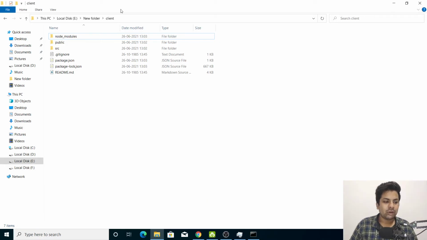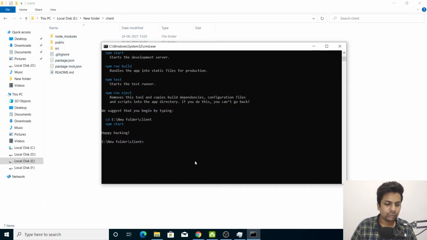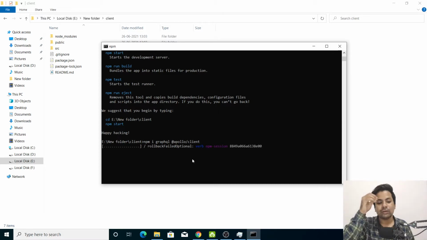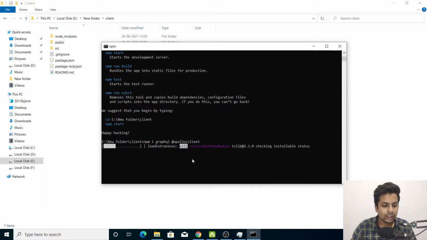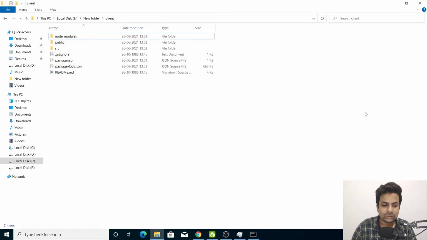Okay guys, so I have already done npx create-react-app. So all the files are here. Now we have to install some dependencies. So firstly, I'll install GraphQL. Obviously, we'll need that. Then the other thing we need is @apollo/client. Apollo client is used on the React side, because on the client side you can use Angular, Vue, whatever. And it's stalling. Till then we can just start with the coding.